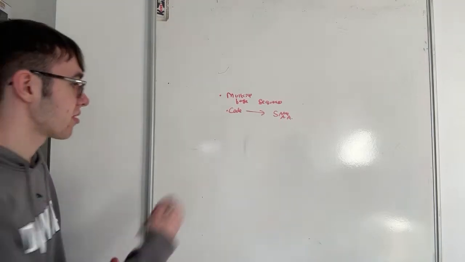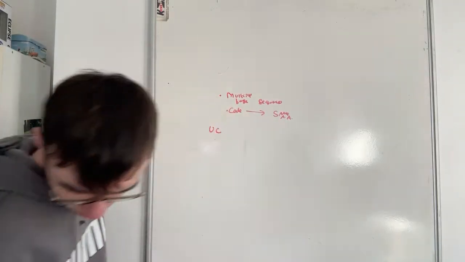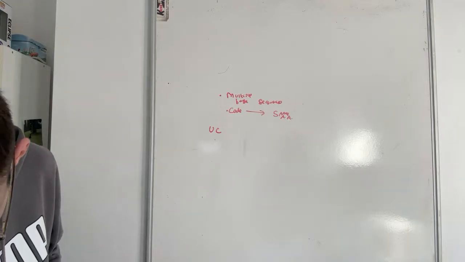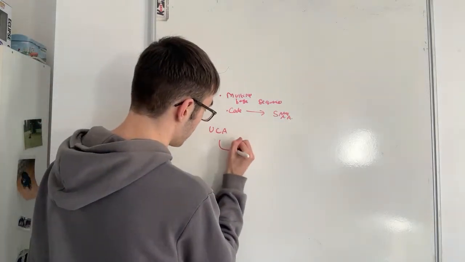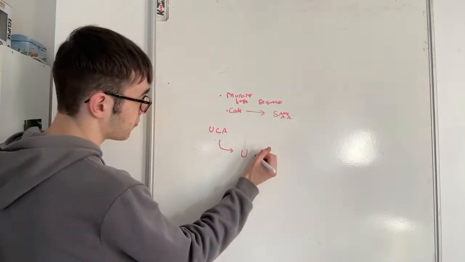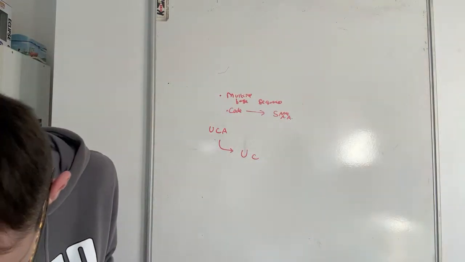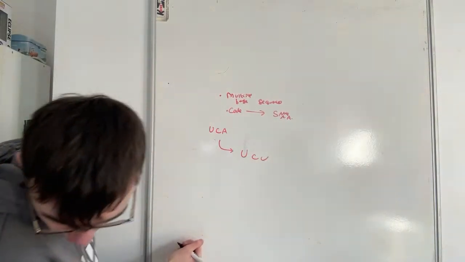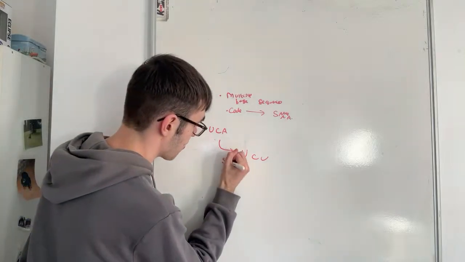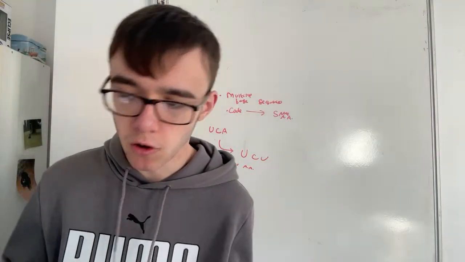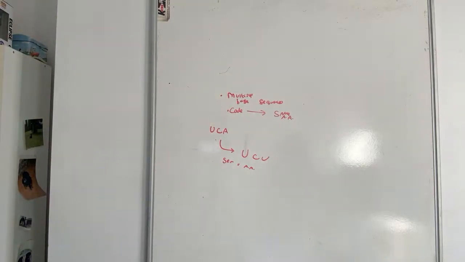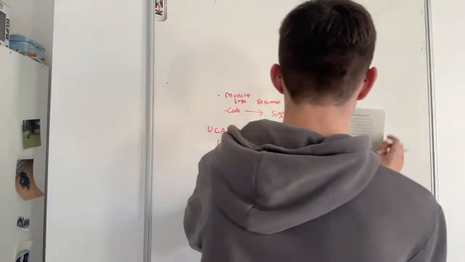Yeah. So if we had UCA and the A was substituted for UCU, no matter what, it would still give Ser amino acid. That's the whole gimmick, is that DNA is degenerate. So,